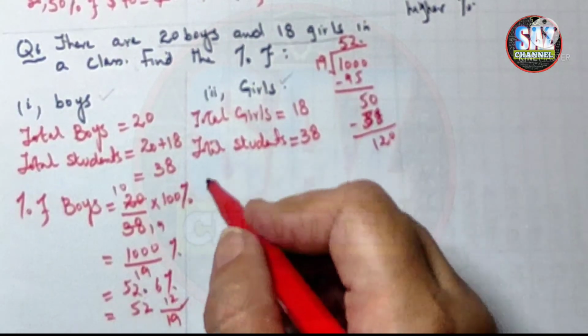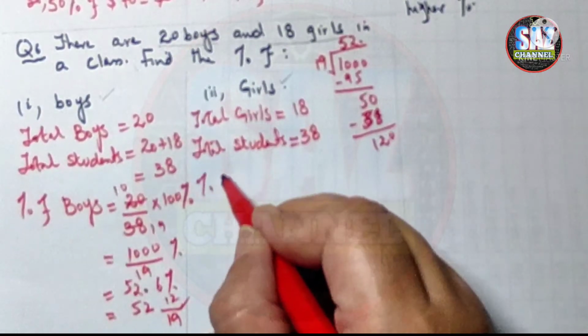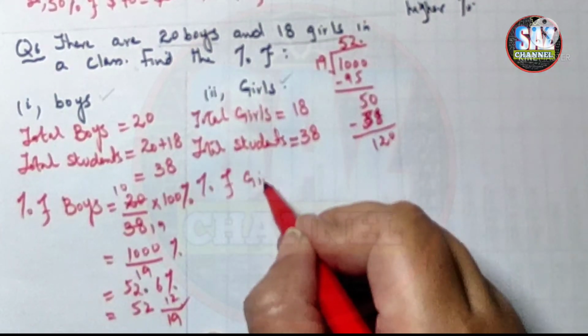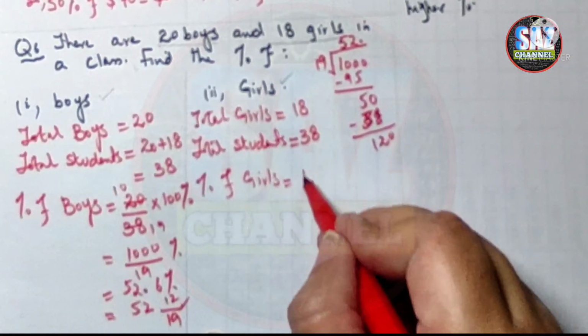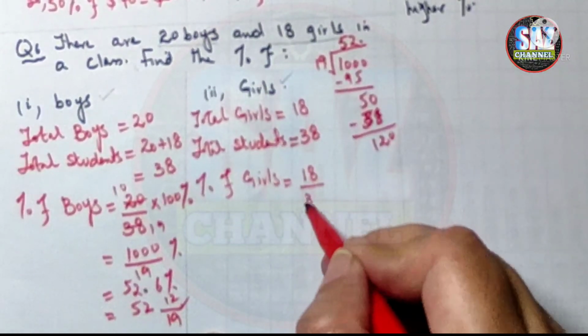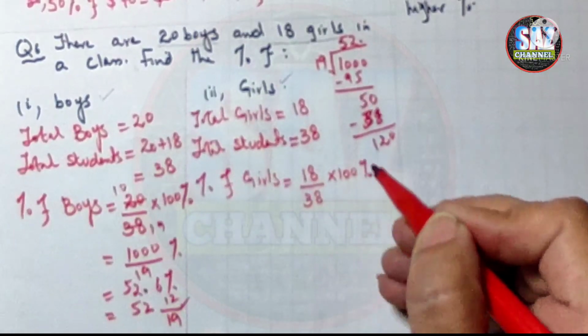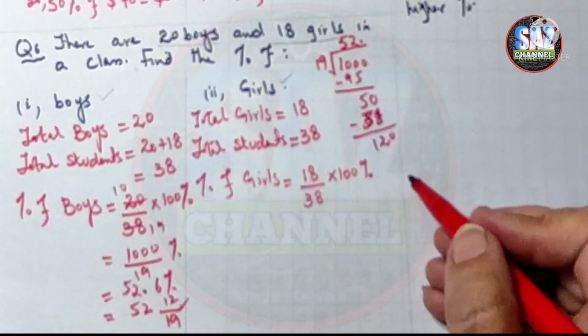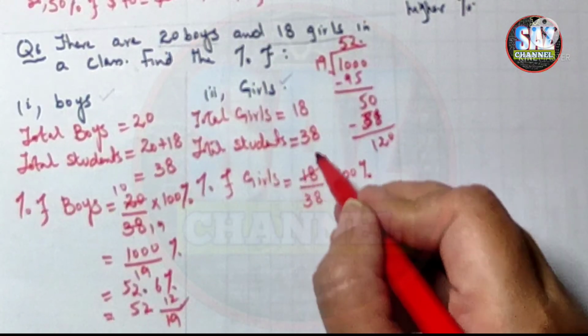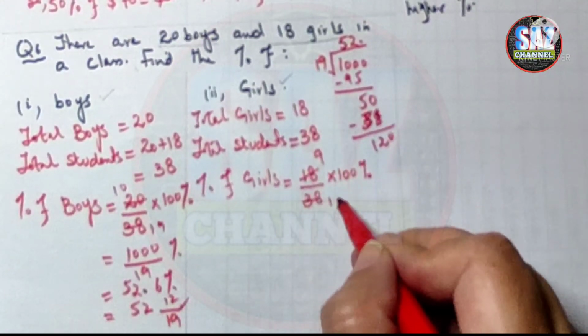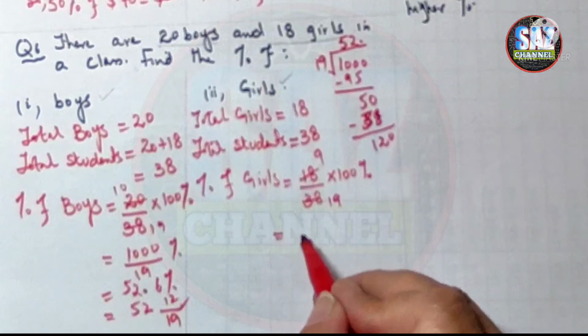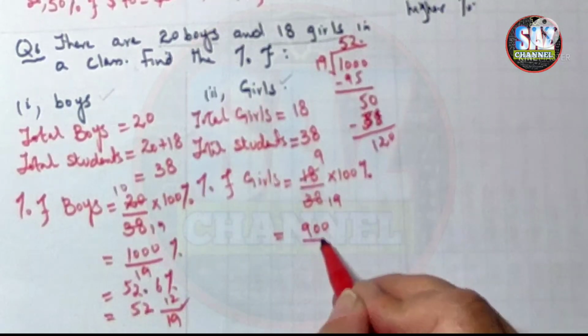Okay, and then percentage of girls equals 18 by 38 multiplied by 100%. Okay, and then again we have to read the table. 2 9s are and 2 19s are, and we will have 900 by 19%,